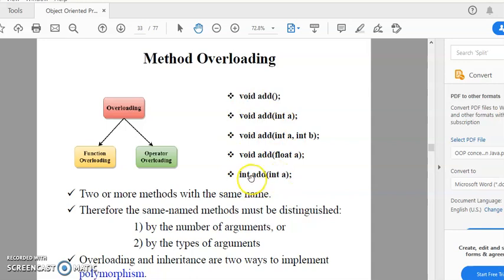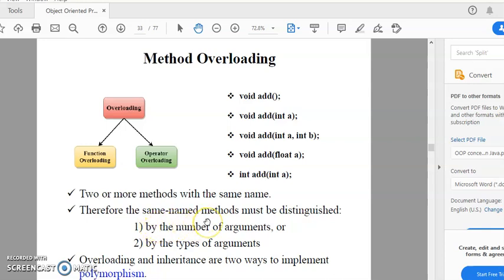However, we can do the operation with the same function name and same signature. That process is called method overriding, not overloading. Method overriding, I will discuss later. So, two or more methods with the same name is called method overloading. When we are performing method overloading or function overloading, we need to have a clear idea about the arguments.